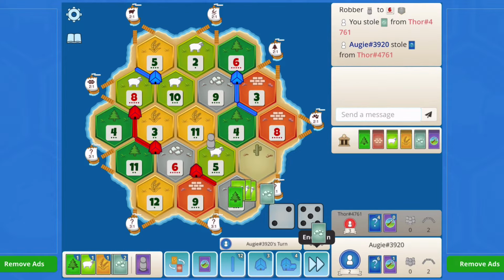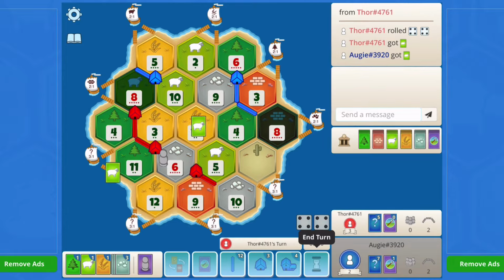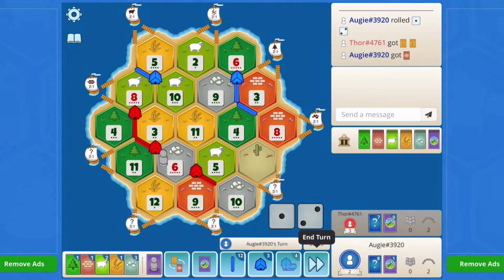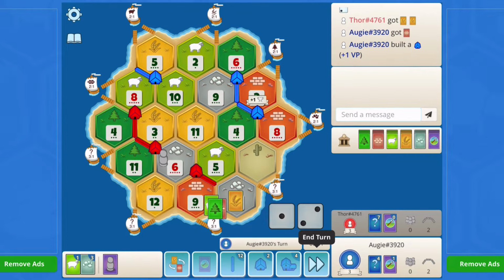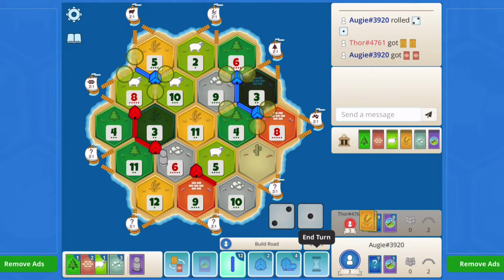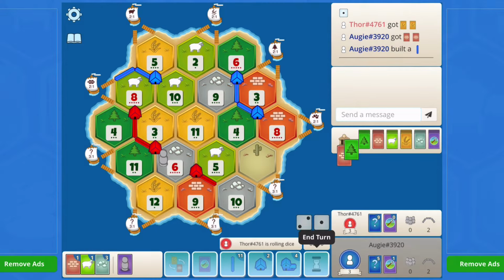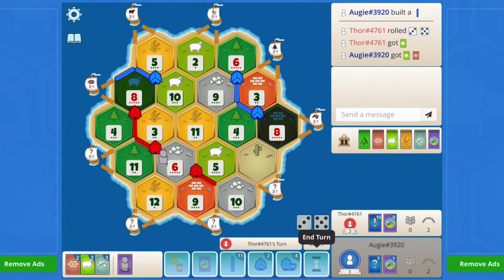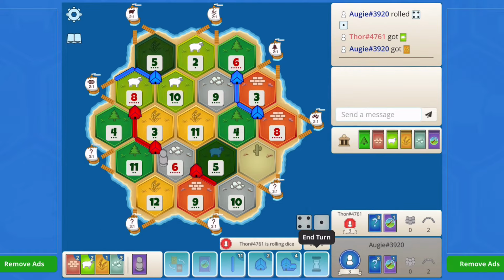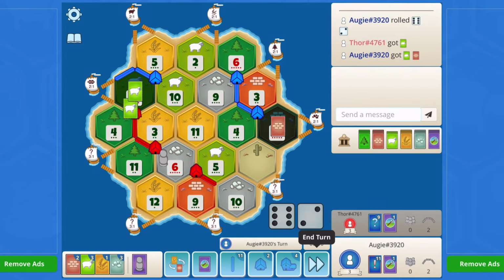I'll do this and block the 6, get my ore back. 8 is good. There we go. 3 rolls. Whoop. Let's take that spot and massive block on the 6, 3 comes in clutch, and we get on the brick port next. There we go, looking for a 5-6-4, 6-5-4. Did not get a knight, which is interesting. I'm gonna go